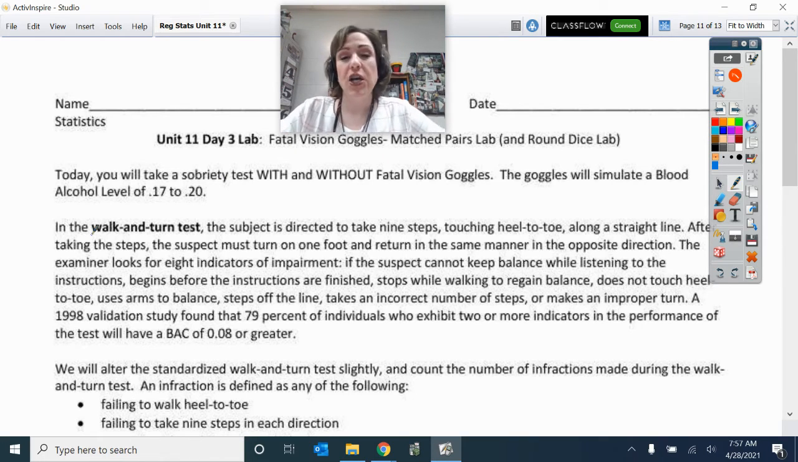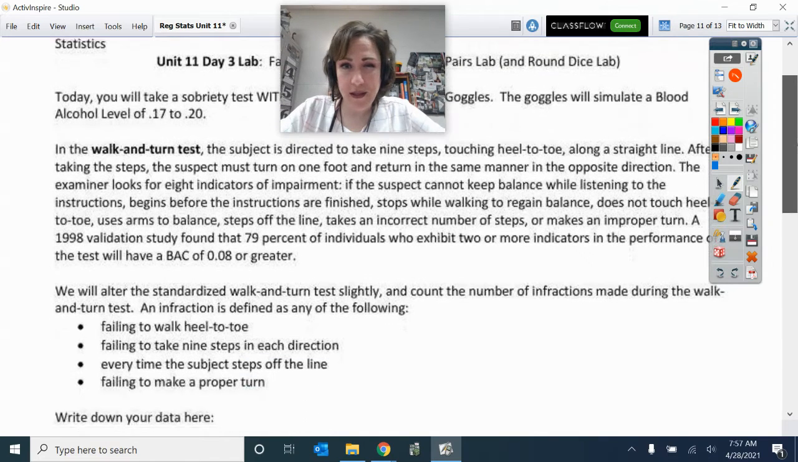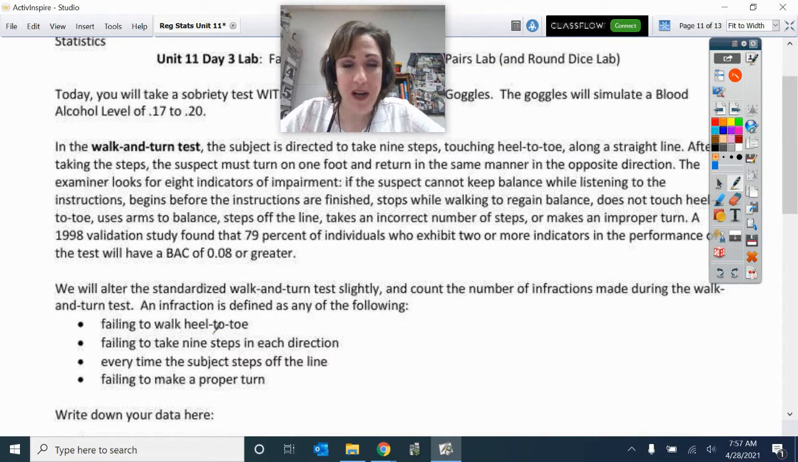Okay. So I went ahead and looked up what the official criteria is for a walk and turn test. Here's the official criteria. You are directed to take 9 steps, touching heel to toe along a straight line. After taking the steps, you must turn on one foot and return in the same manner in the opposite direction. Now, the examiner looks for 8 indicators of impairment. If the subject cannot keep balance while listening to instructions, now we're not going to have the instruction components, but